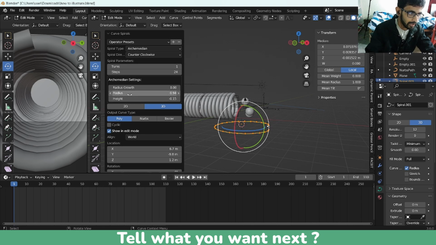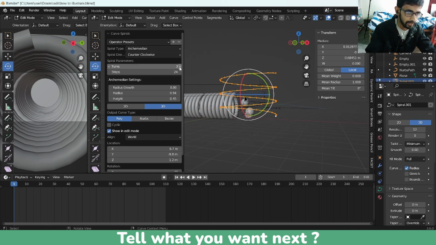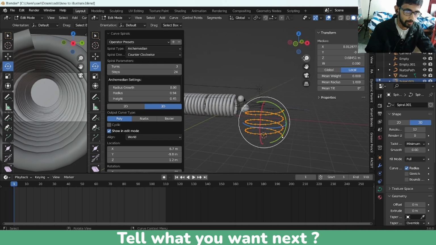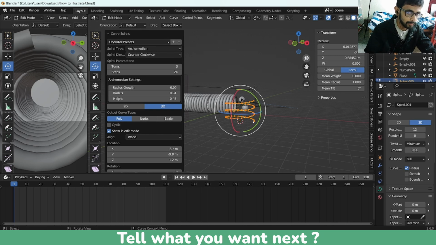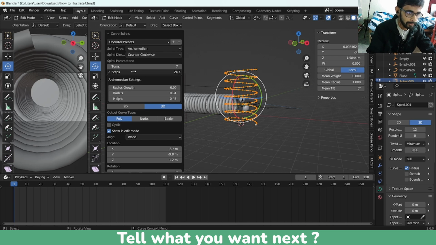What I have done is increase the height, so it kind of turns. Now if I increase the turns, it will go up in the form of a spiral. Okay, and now you can increase the turns, or maybe the steps